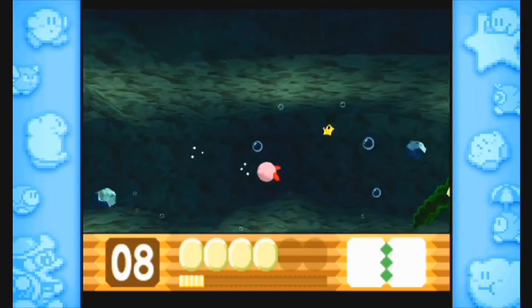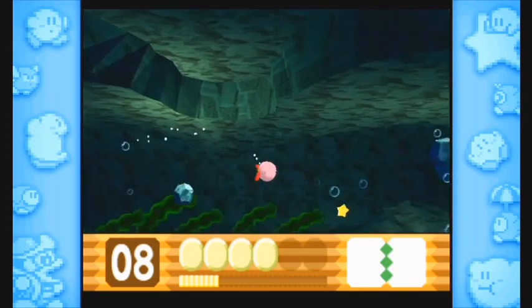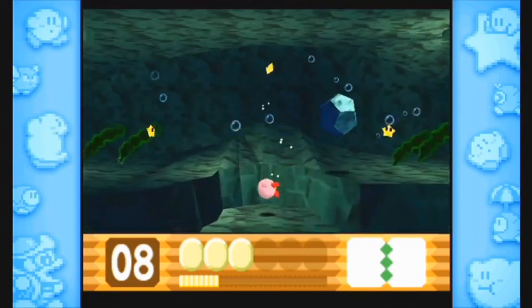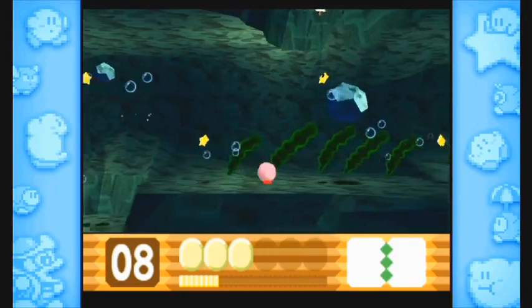Oh, I forgot about this part. Well, if I didn't die against that mini-boss, I would have definitely died to this. You know, come to think of it... Oh, is there a crystal shard here? I think there's a crystal shard here. Come to think of it...